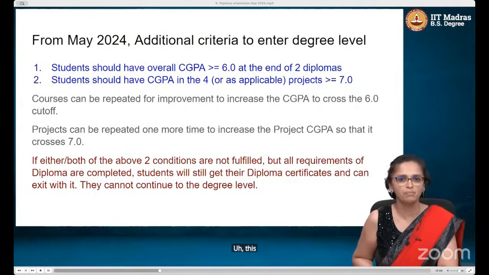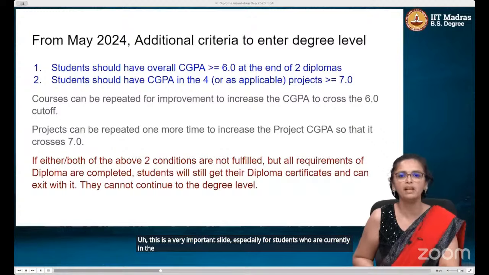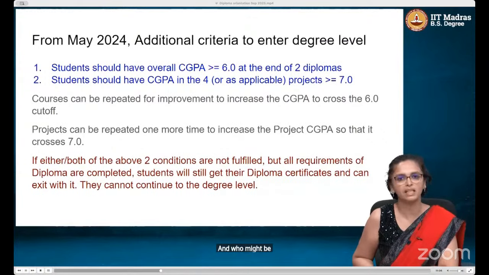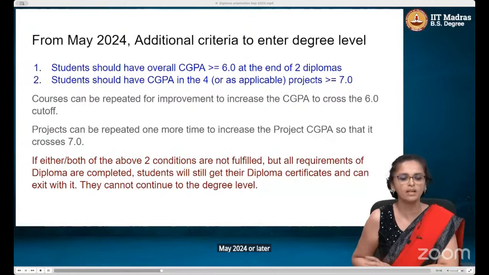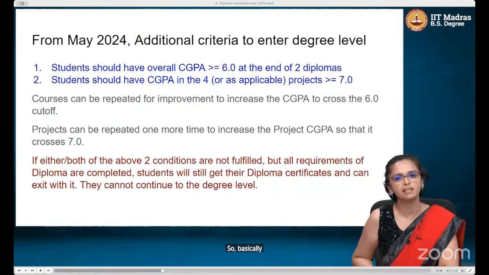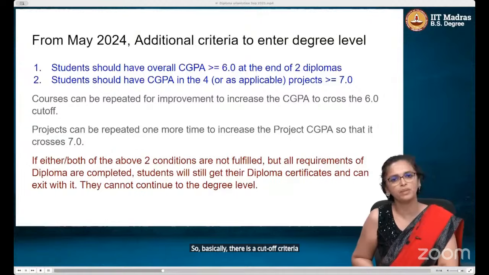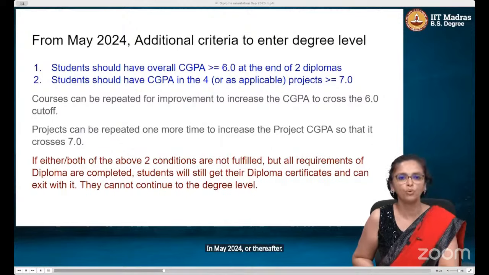This is a very important slide, especially for students who are currently in the diploma level and who might be entering the degree level May 2024 or later. This is not applicable to students who have entered the degree level in the Jan 2024 term. So basically there is a cutoff criteria that we are bringing in for you to enter the degree level in May 2024 or thereafter. So your overall CGPA of all courses in the foundation level and all courses and projects